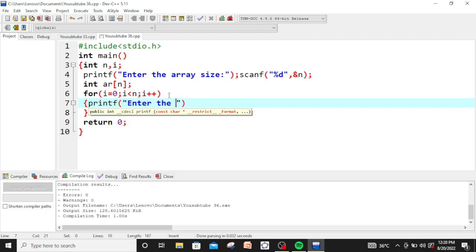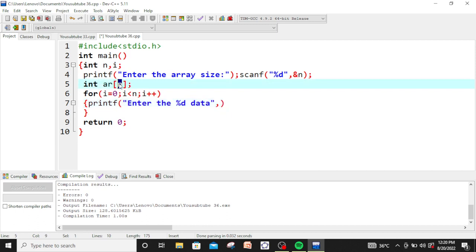Enter the %d data. %d data means the size is n, so there will be n variables under this array. And you know the variables have unique index numbers, so we go to the first variable, second variable,